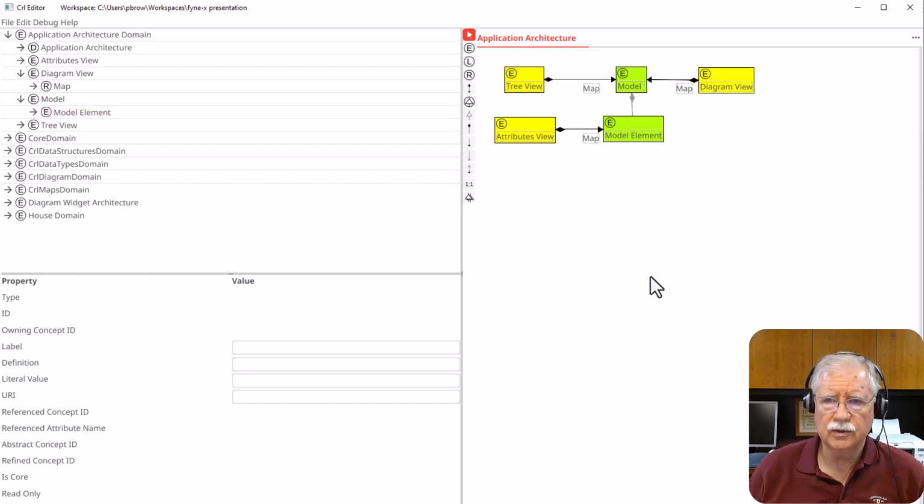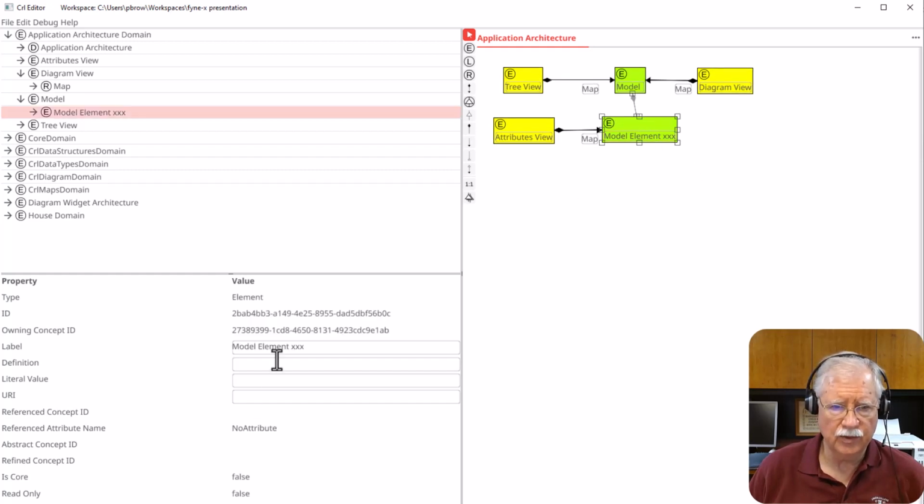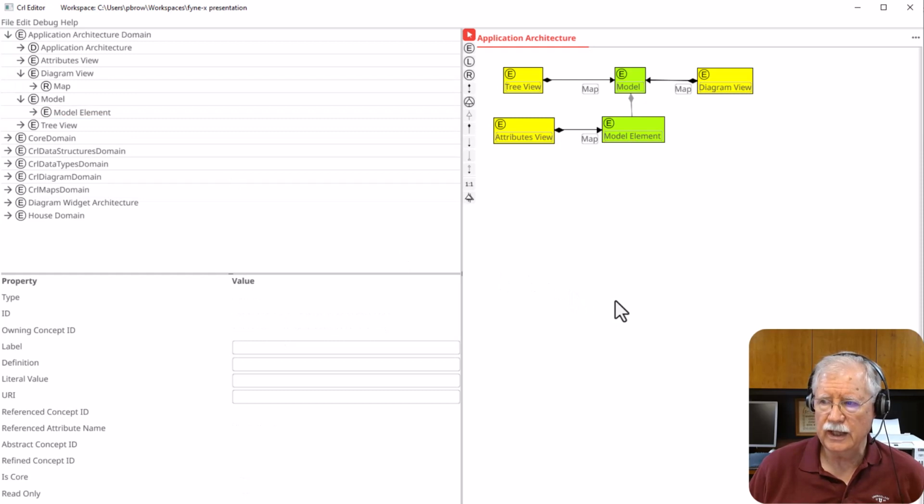Other things we can do is edit information wherever it appears. So we've called this a model element here. I can actually edit the name of the model element, and if I select that model element, we notice that the edited name is now appearing down in the label here, and if I change it back here, the diagram updates automatically, and of course it's changed in the tree view as well. So we get the edit anywhere